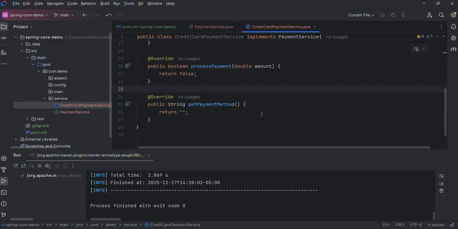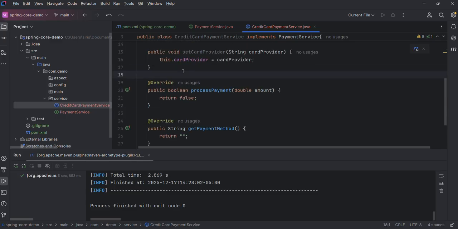Then let's add bean lifecycle, that is the initialization callback, called after dependency injection is complete,